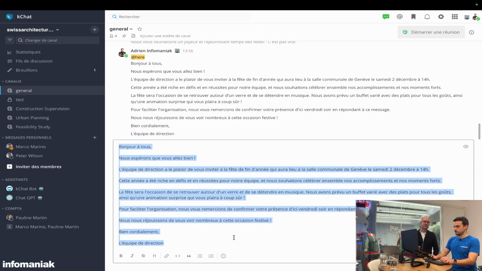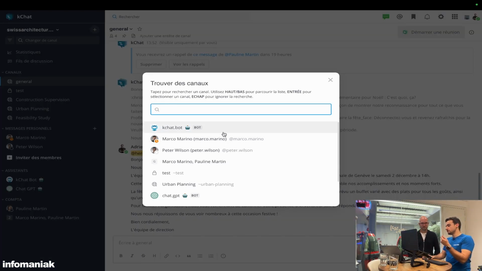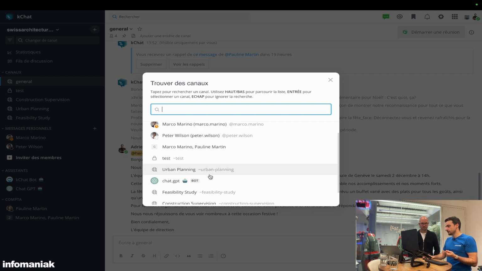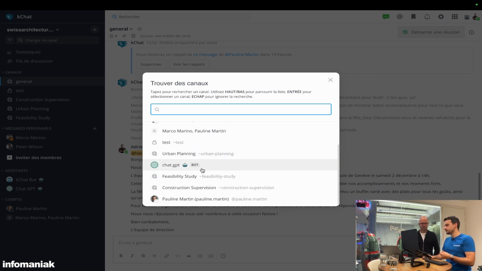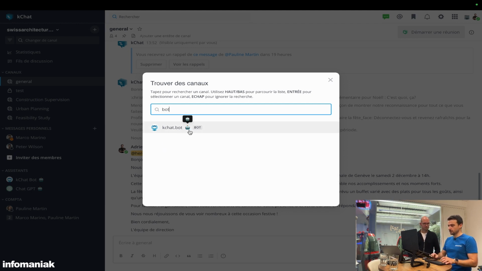Can you explain how easy it is to find a channel, how to access the ChatGPT assistants, kChatbot, which is the sovereign AI, how to find them? So when it comes to searching on kChat, you'll have two search bars you can use to search for people and communication channels here, top left. Here you can see your latest activities, the channels in which you've participated, and here you can see, since I've used them, that I've got kChatbot and ChatGPT in there. They're marked with a bot, but if I simply type bot, you can see that I've found kChatbot or